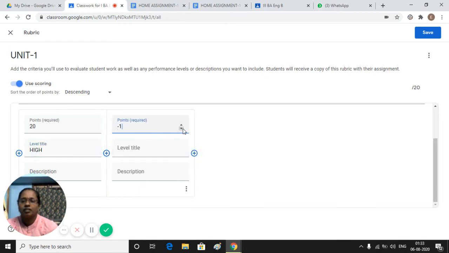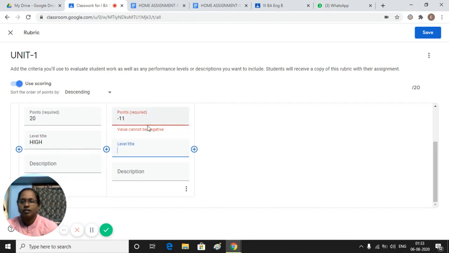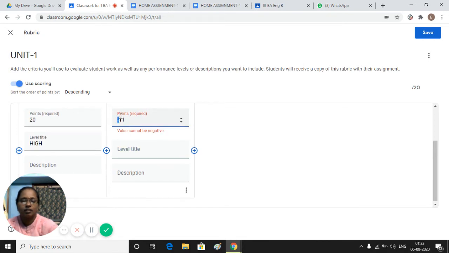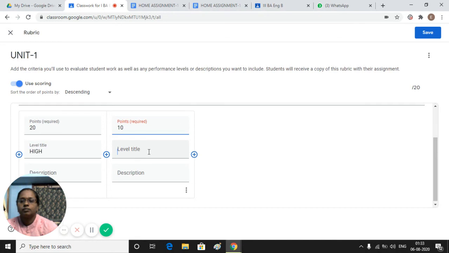Then points, I have given 10 marks. 10 marks we can give for the average level. Average. Description: somewhat they have explained. Not a good explanation. The explanation is not up to the mark. Somewhat they answered.